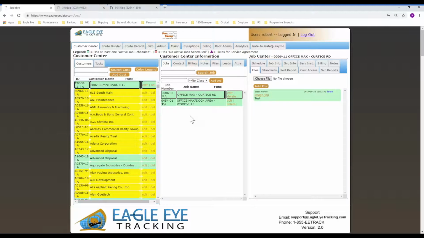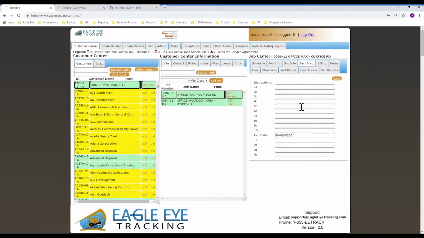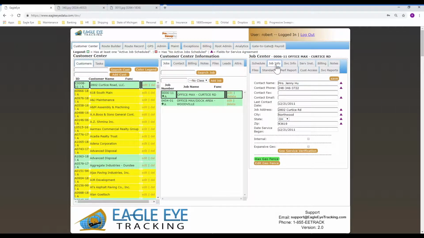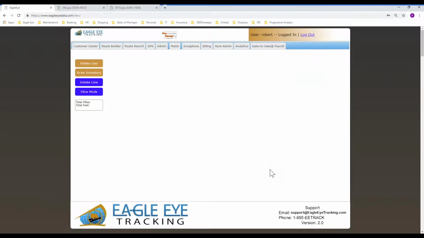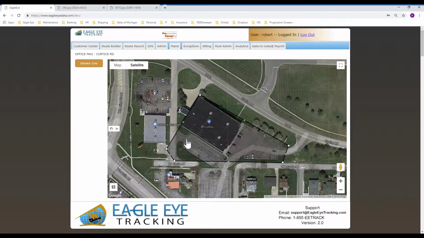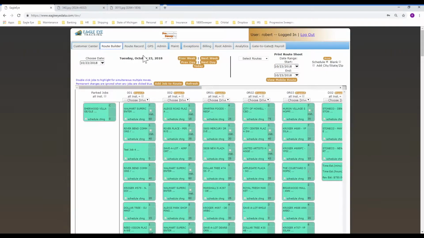So in this case, they've got multiple jobs. We may want to have a purchase order by job, an agreement, a map, something that the back office would want to look at. Now remember, this is not for your operators to see. If you need your operators to see certain items, you need to add that in your service instructions, or make sure that your geofence is shown correctly, because they'll be able to see the geofence from Route Builder, from their